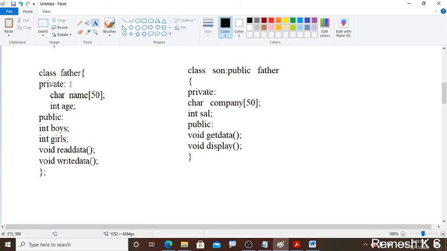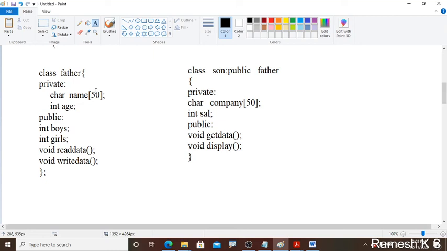Programmatically we are writing this as the base class and this as the derived class. We are inheriting the properties from this class only; from Father only Son is coming, right? So we are inheriting the properties from Father to this Son. Here we need not mention some values of Son, because we are inheriting them from this class. That's why this is the best example of a derived class.